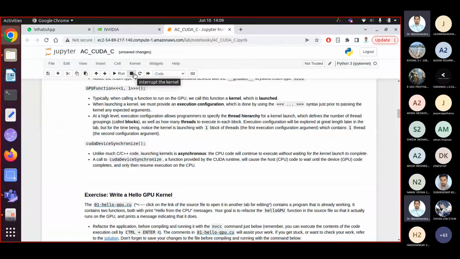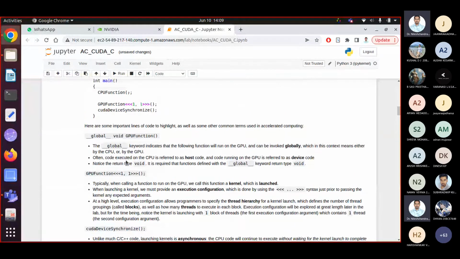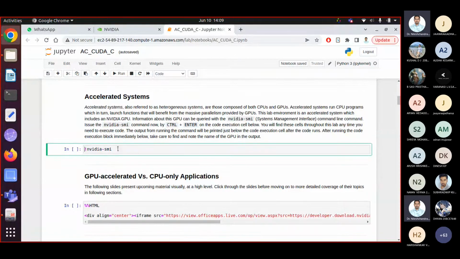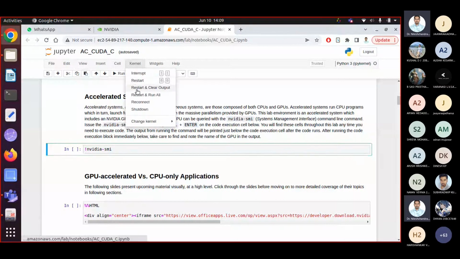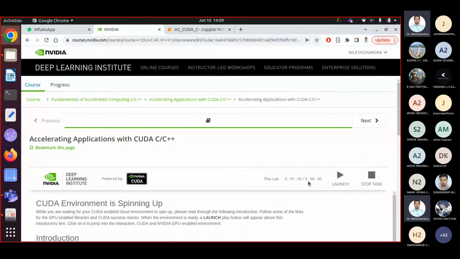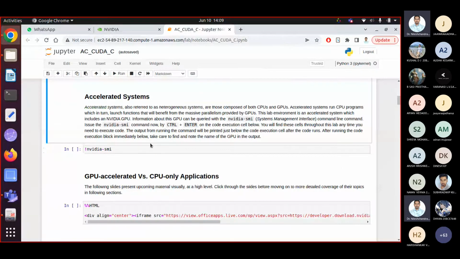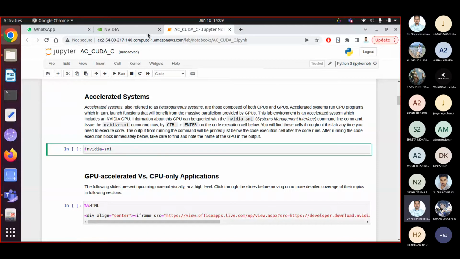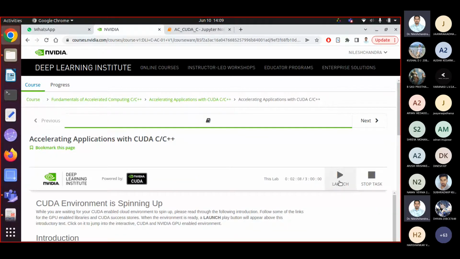Next thing is, let's say you want to interrupt the cell. Sometimes it may happen that you're not able to execute any of these, maybe due to some technical glitches. Then you can stop it completely or interrupt the cell while executing, or maybe directly restart, right? Now you will be able to access this Jupyter notebook for 3 hours only, right? After that, if you try to execute any command, it will not allow you, because your cloud instance will be closed, and you have to restart it, then only you'll be able to execute. Whenever you restart it, launch a new notebook. Don't use the old notebook. Fine.